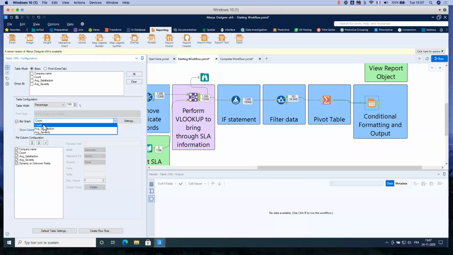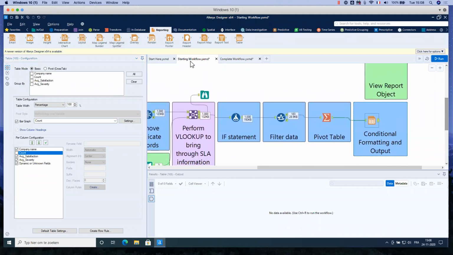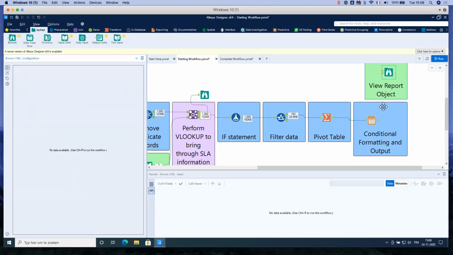I will keep count here and deselect it from the box at the bottom. If I want to see what the report looks like, I can drag a Browse tool, drag it here in the green container, and hit run.